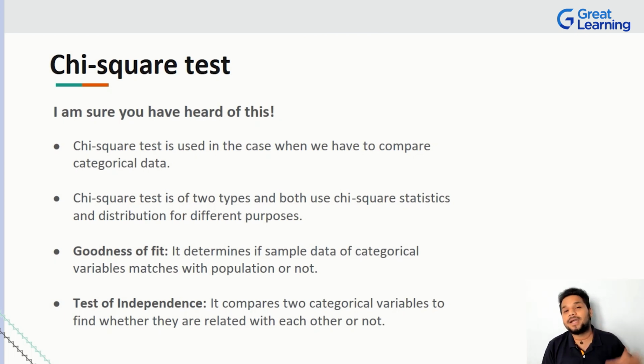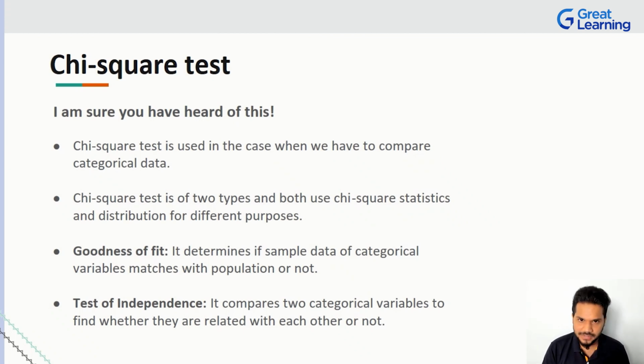When you have to compare two categorical data entities, this is when you would use something called the chi-square statistics. And basically there are two types of chi-square. We have the chi-square statistics and the chi-square distribution, which are used for very different purposes. Now don't worry, I'm not going to go very much in depth because this can definitely confuse beginners. But there are two things you have to understand regardless. It's goodness of fit and test of independence, right?